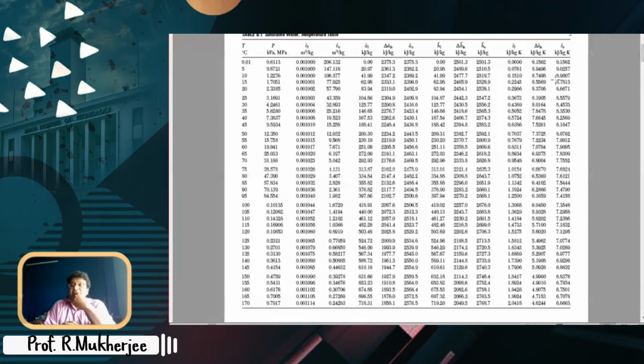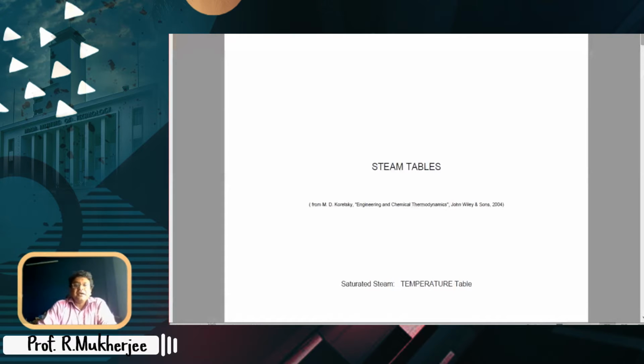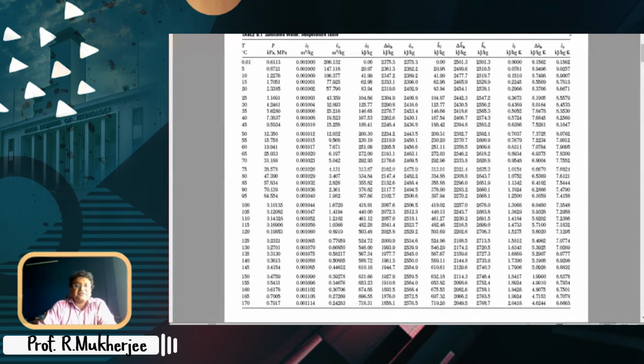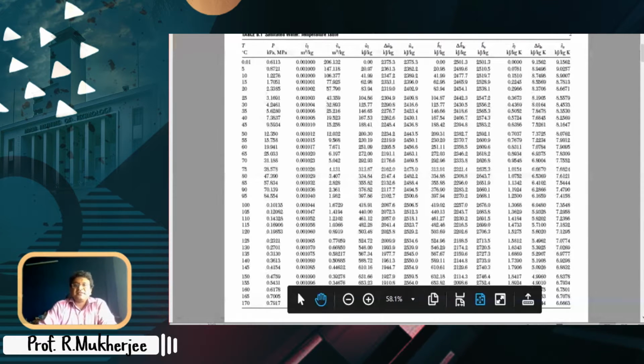Let me also ask you, maybe I'll ask the question later, whether you use superheated steam or saturated steam or whatever you want to do. So if you look into this whole document, this is a very comprehensive steam table, right? If you look into the first table, it's called table B1. It is the saturated water temperature table. So what it means is, let's say, I'll make it a little bigger.